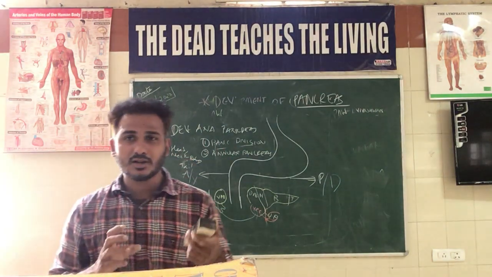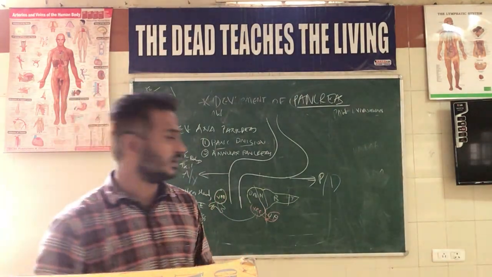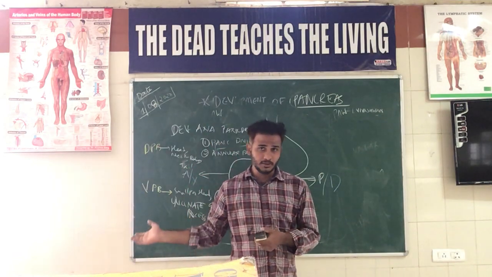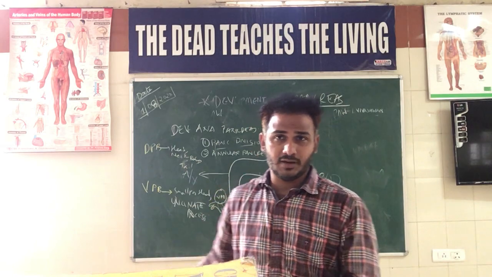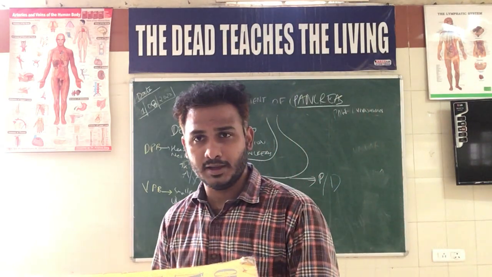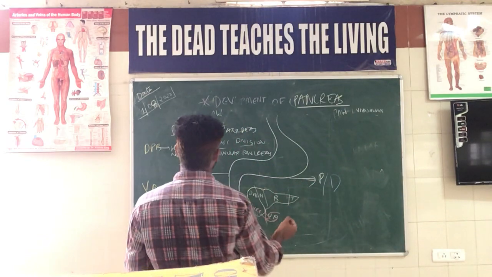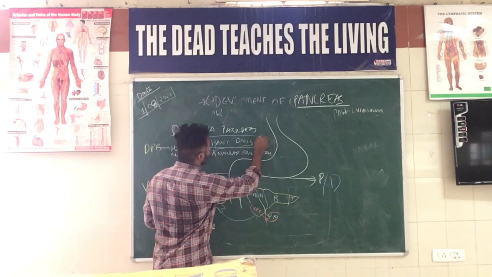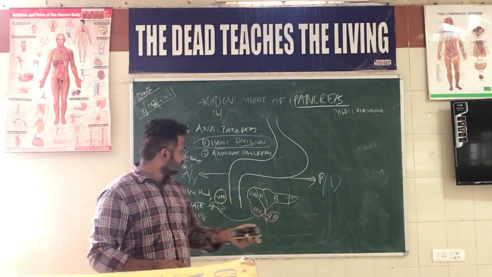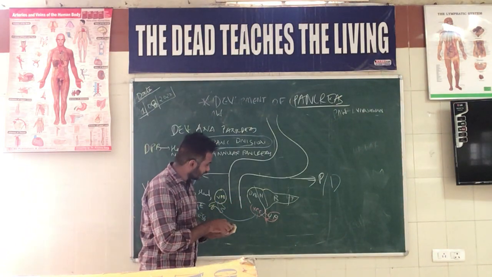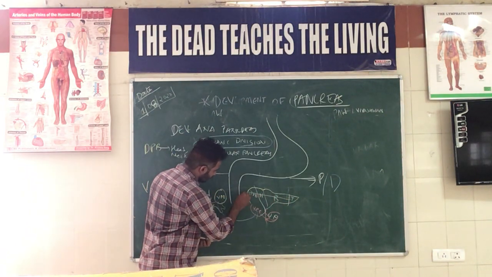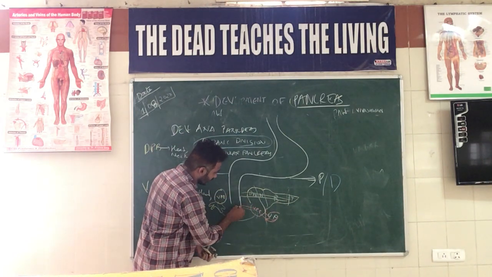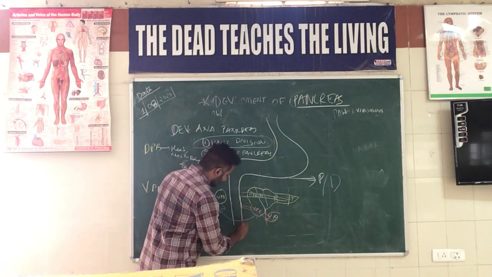Whenever the dorsal pancreatic bud and the ventral pancreatic bud come together, the ventral pancreatic bud comes to the dorsal side and later they both fuse and form the adult pancreas. Whenever they both fail to fuse with each other, we will encounter a situation called pancreas divisum. In this, the part which is developed from the dorsal pancreatic bud has its own duct. So if you open it here, the part of the pancreas developed from the dorsal pancreatic bud has its own duct.